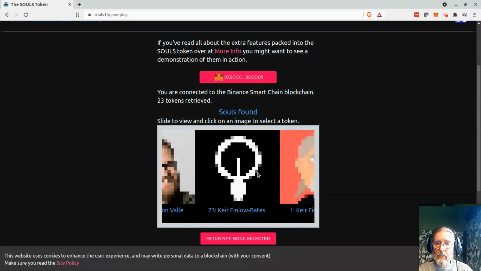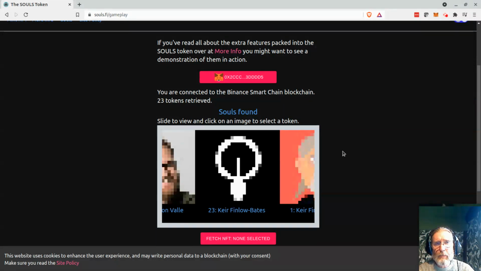The first thing you'll notice is that the level of quality of the image is much lower. This is because what we're seeing here are 24 by 24 pixel images, and those images are actually stored on the Binance Smart Chain itself. So we're looking at NFTs that store a miniature of the actual NFT image on the blockchain itself, which means that you've always got something to check against the image that is retrieved using the metadata. Plus, if you're looking, for example, to make a game, you've got an icon for the token that is always going to be available as long as the chain exists too.